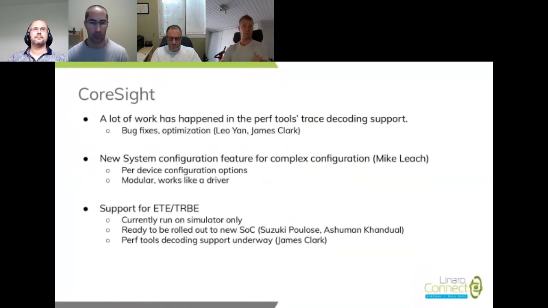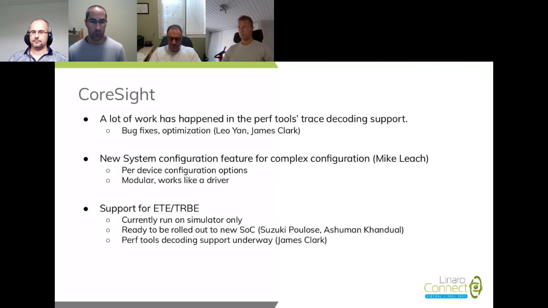So this is a subsystem where there's always a fair amount of churn happening, and the past cycle was definitely not an exception to that. Starting with the perf tools, a lot of things have happened in that area, covering corner cases that had been left behind, not because we didn't want to address them, but because we didn't have the use cases for them.